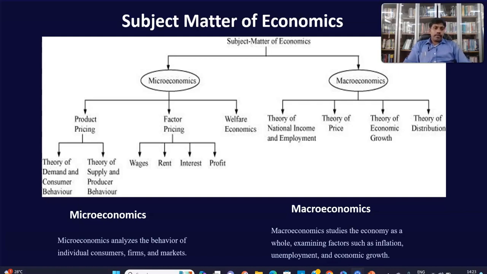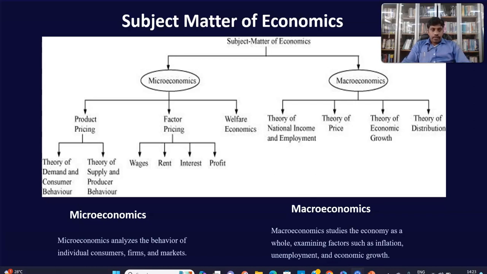So what is microeconomics? The word microeconomics is derived from the Greek word mikros, which means the millionth part of a system. It's a small part of a system. That means we will study the economic variables in the individual units. For example, studying the per capita income, demand of a firm, demand of a commodity, equilibrium of a firm, equilibrium of a person. When we study the economic variables in individual units, it will come under microeconomic study.